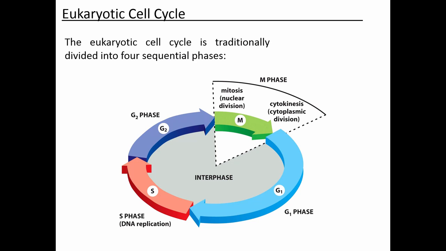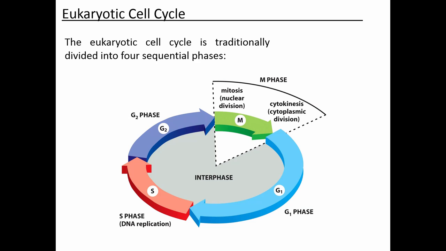Okay, so now we can discuss the cell cycle, which we're going to divide into 4 phases. The first one is called G1, which simply stands for first gap. So the G1 phase is the first gap phase. And then the next phase is the S phase, and S stands for synthesis, specifically DNA synthesis. So the important event of S phase is DNA replication. S phase is when DNA replication occurs, and that's what the synthesis refers to.